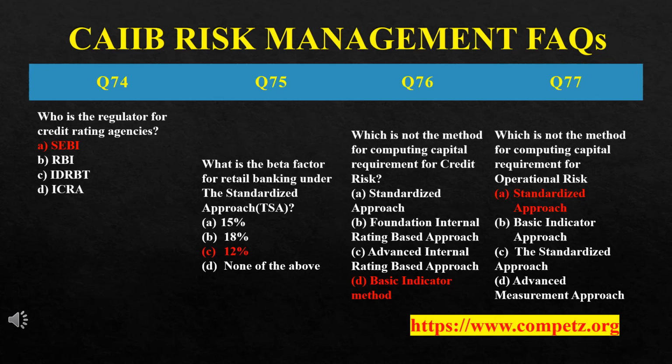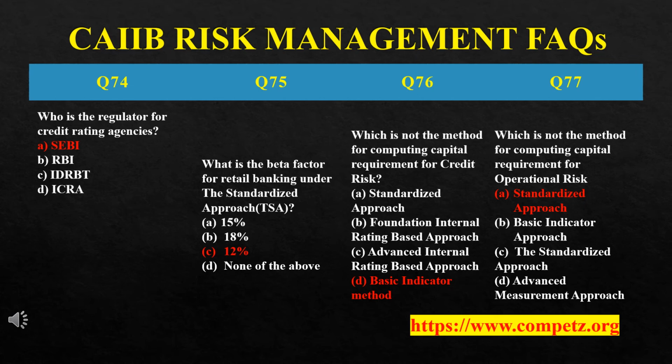Then the next question is similar to that. Which is not the method for computing capital requirement for operational risk. The previous question was of computing credit risk, and this is of operational risk. So the options are the same, standardized approach, basic indicator approach, and advanced measurement approach. So the answer is A,